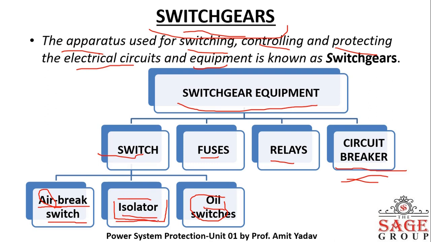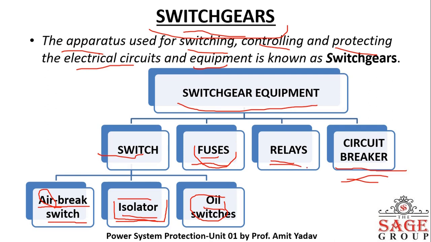It always works manually. Now the second equipment is the fuse. As you all know, a fuse is a short piece of wire, or you can say a thin strip of wire, which melts when excessive current flows through it for a sufficient time. So simply, you can say it is a special type of wire which normally melts as the current increases. This is also a type of protecting equipment normally used in our power system.